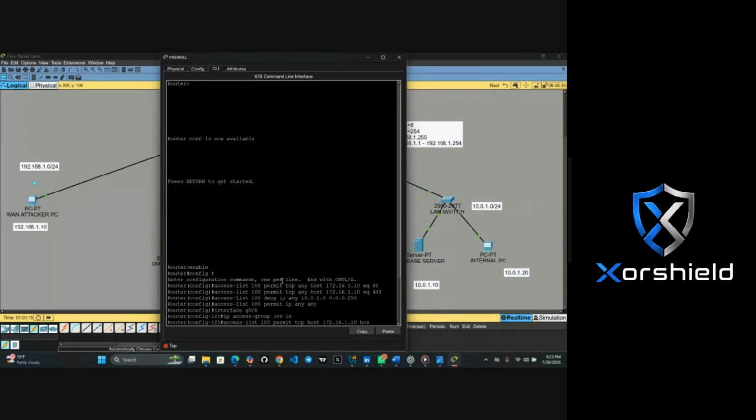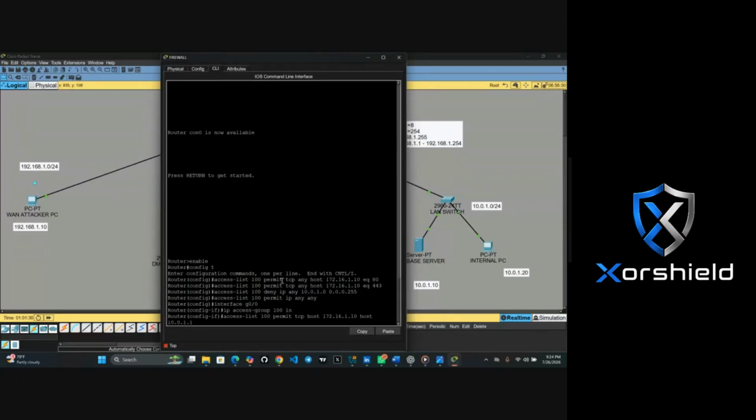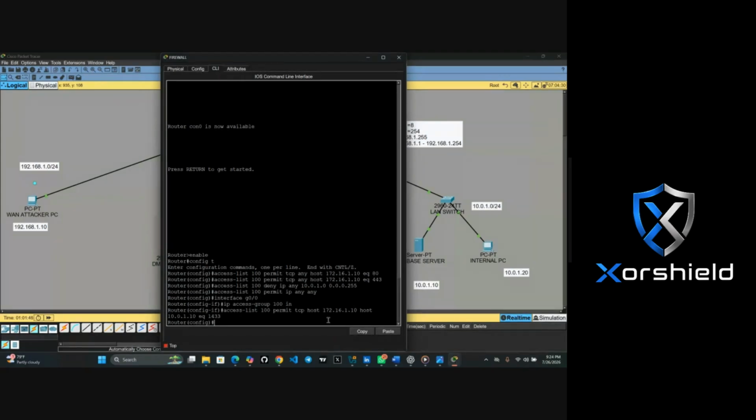Then host, because what we are doing there is the web server to the database. Then host, you just put 10.0.1.10. That's for the database. Then EQ 1433, which is our SQL port. Then we enter.